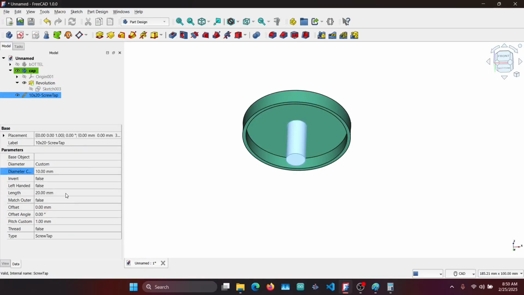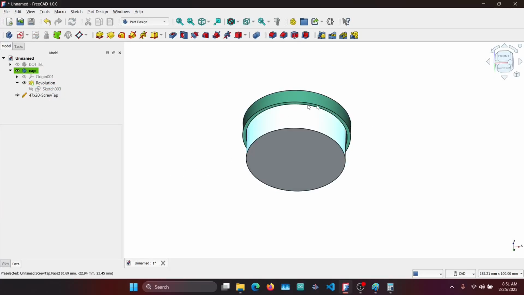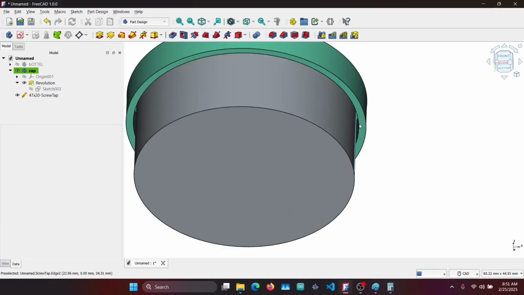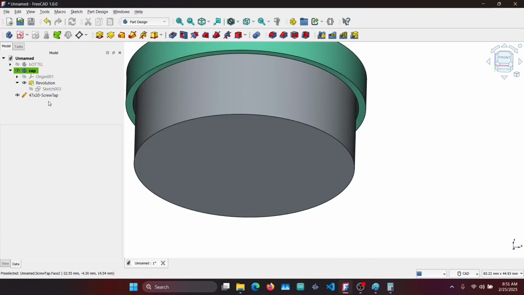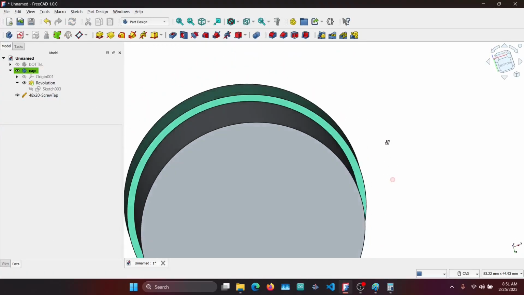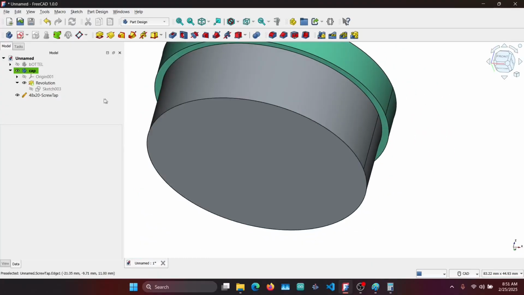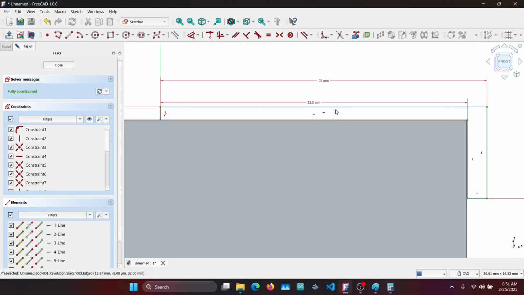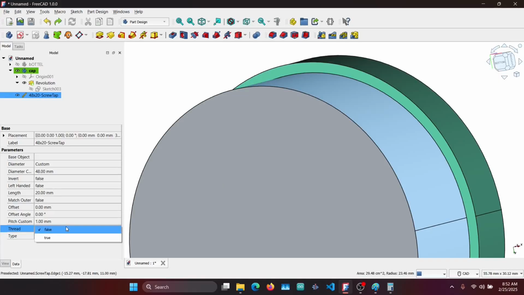This object and this object need to be attached. You can zoom in and see whether the object has been attached or not. Otherwise, it's going to create a problem. Okay. This one goes to true, and this one